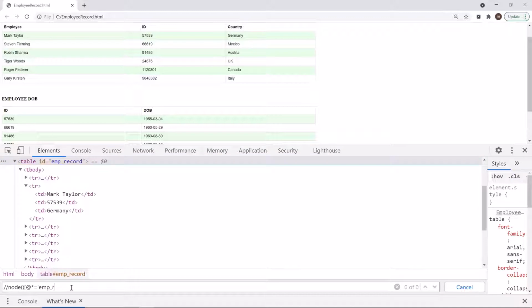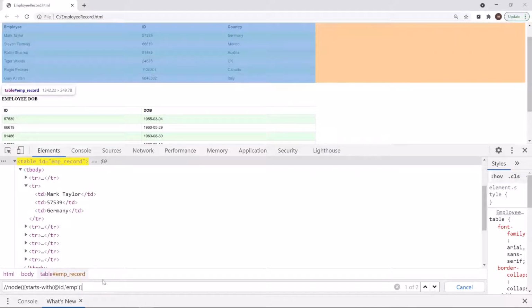So if you have that kind of values for an attribute, you can always use methods like starts-with. This method checks whether the first string starts with the second string and then returns true or false. Let's pass the attribute in the first argument and then pass the string which you are looking for.